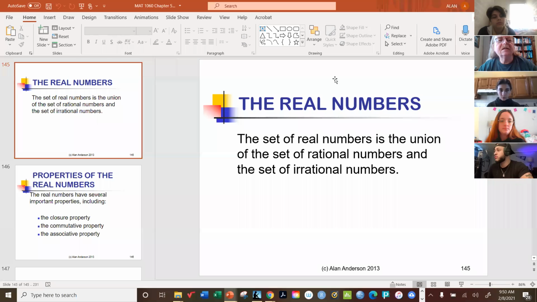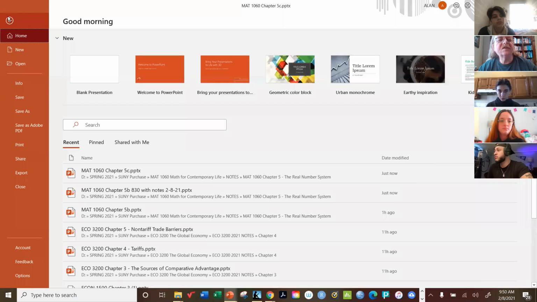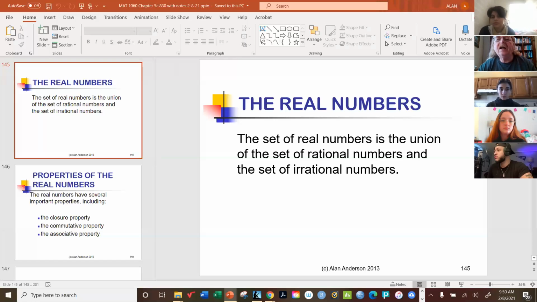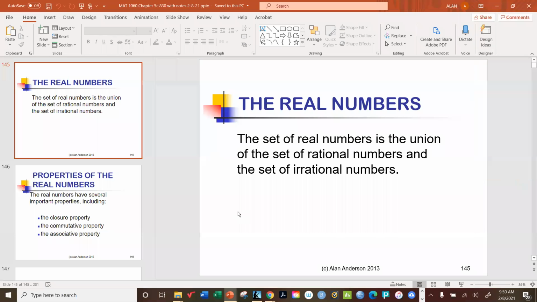Now, you would think that there's nothing left to say about the real numbers, but you'd be so wrong. Okay, there's a lot more fun things to say about the real numbers. What's today, the 8th? Yes. All right, so now we're going to look at some basic properties of the real numbers. And we've already seen that,